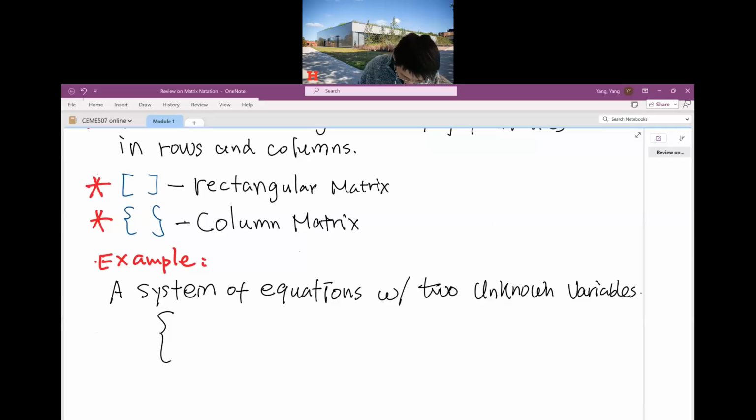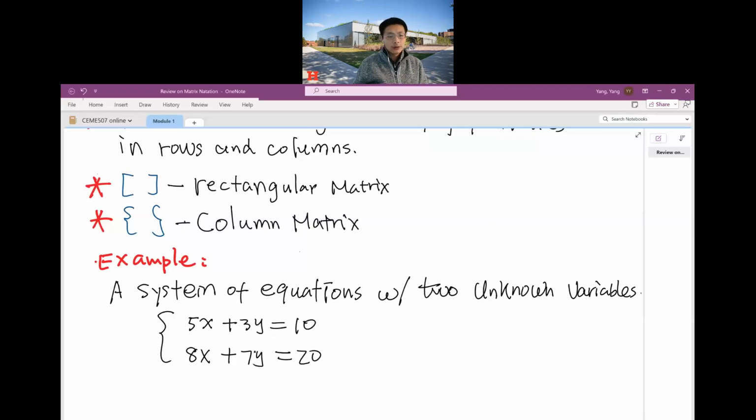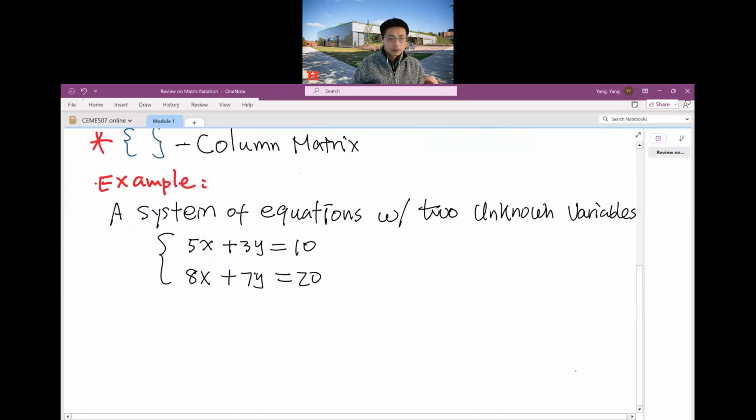So we have two linear equations with two unknown variables, x and y. So here we have the presentation of the two equations, right? So if we express that in the matrix form,